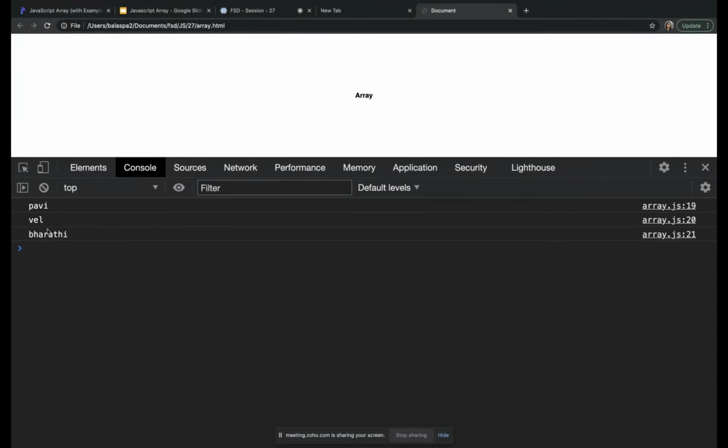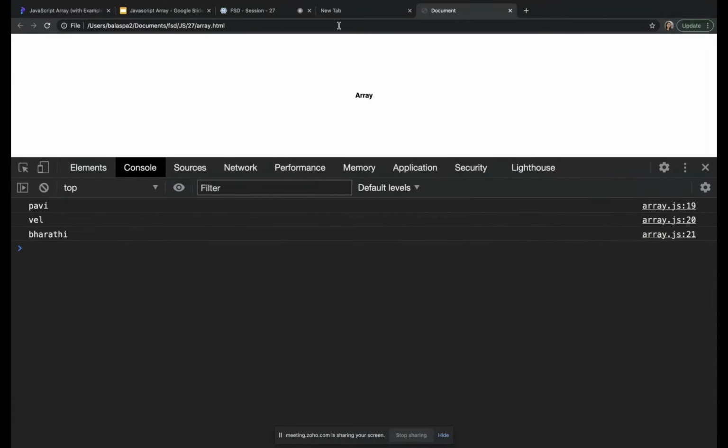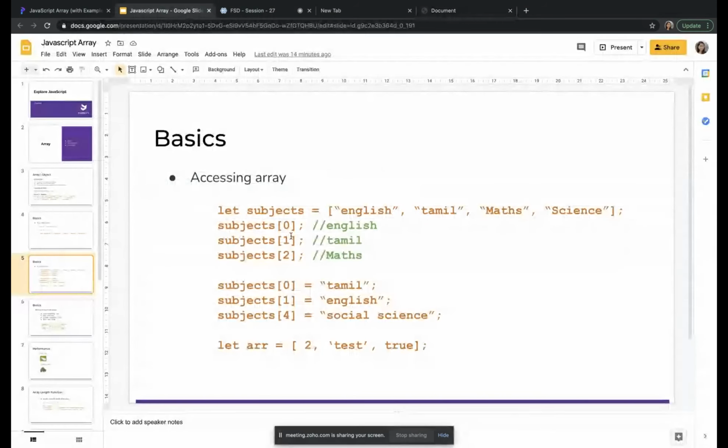Okay, so Pavi, Vel, Bharati. So 0th element and then first element and then 4th element. Array index starts with 0. Here subjects of 0 is English, 1 is Tamil, 2 is maths. 0, 1, 4: Tamil, English.